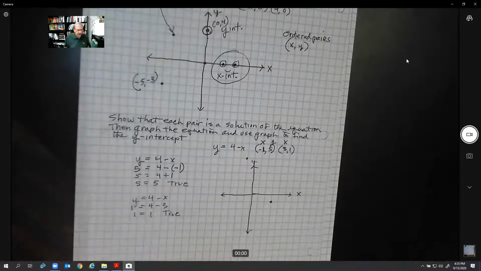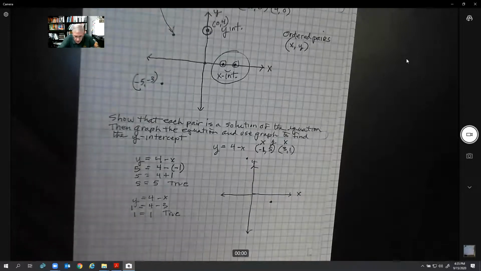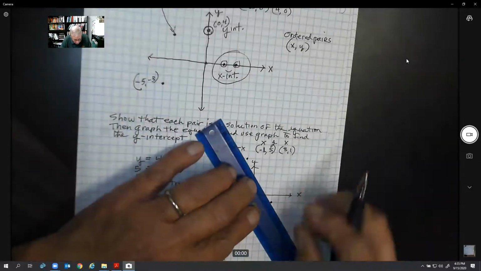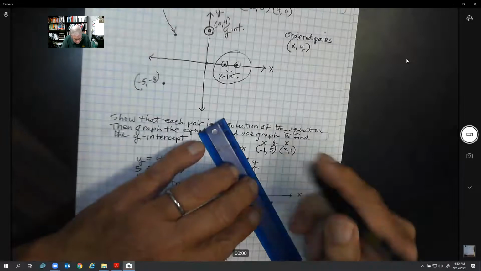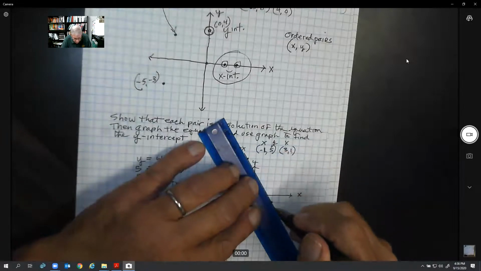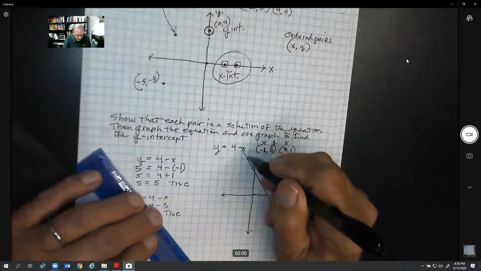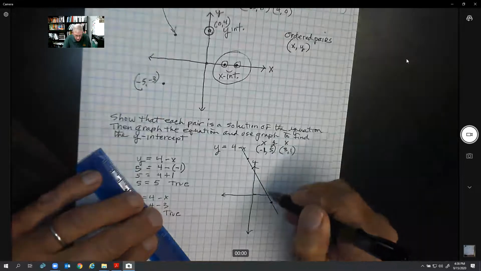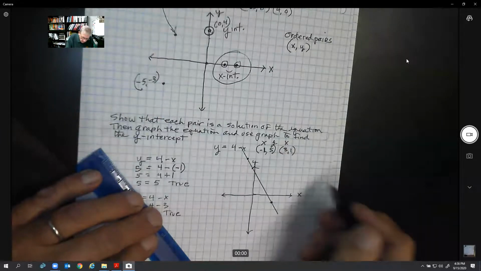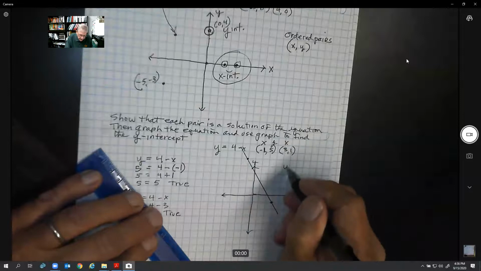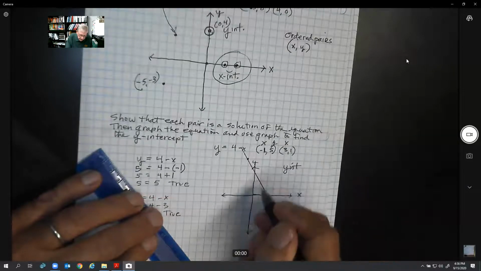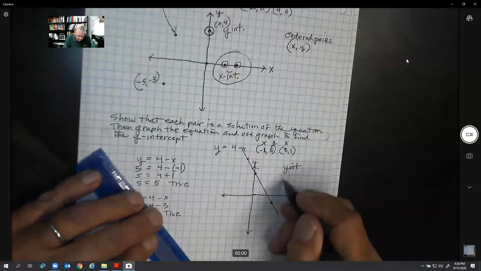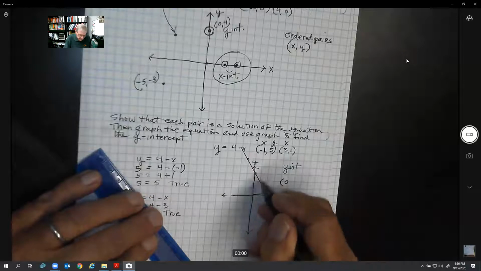Hopefully we did this right. And now we're going to draw a straight line through those. I'm going to grab a ruler and go right through these as carefully as I can. See, now this line is made up of millions and millions of points. All these points are answers to this problem. So we want to know where it crosses the y-axis, the y-intercept. It crosses the y-axis right at this point, and the name of that point is 0 for x and 3